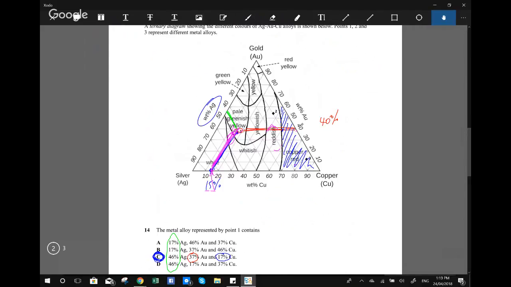Now, looking at this direction, hopefully you can see that the boundary for copper red starts about here, which is parallel to the Ag. Okay, so this represents 0% silver. So 0% silver, if you read off the curve, it will go into the region which is the copper red. Okay, so what that means is if you had 0% silver, you can produce an alloy that is copper red. Okay. Now, if you keep on going this way,